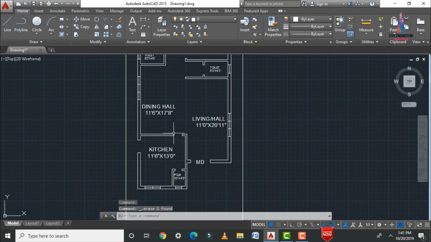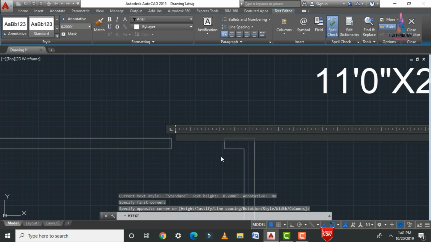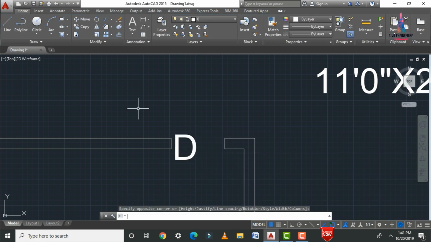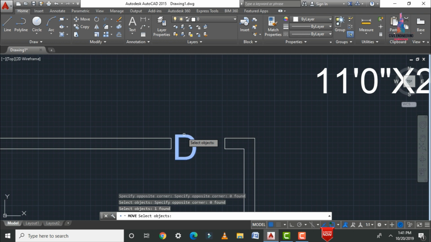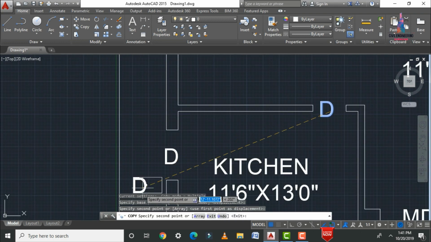Let us consider this respective option is door. Let us take the text command. Just drag this and give it as D. You can change that respective point to 1 feet 0 inches distance. Let us move this. Next I am moving this respective point to the center position as per my considerations of this letter. After that you can move the respective point by copying the option. Select copy, select the starting point. So again you can apply the door here like this.